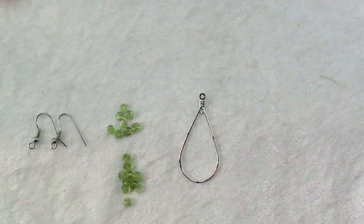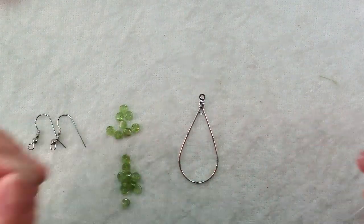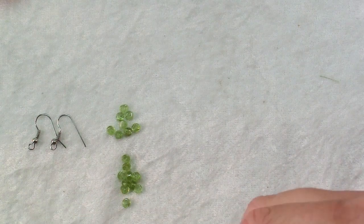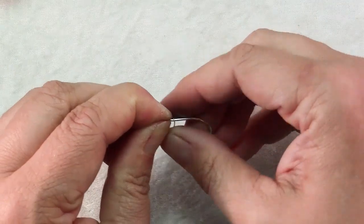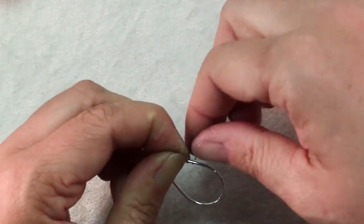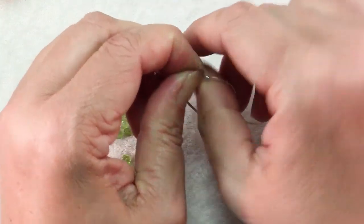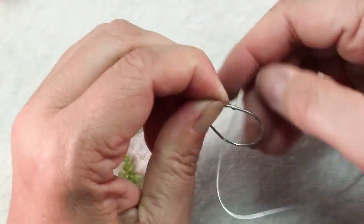To get started, go ahead and cut a 12-inch piece of the 24 gauge wire and start wrapping that about a 1/2 inch down on your teardrop shape frame, leaving a 1/2 inch tail, and you're going to make 3 wraps. Make them tightly spaced right up against each other. If your wraps aren't as tight as you'd like them to be, you can squeeze them together with chain nose